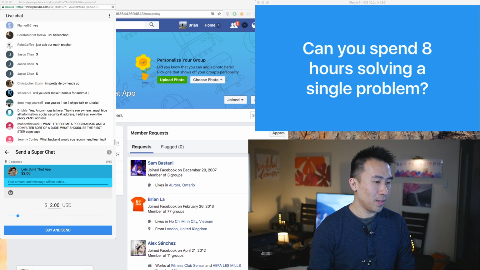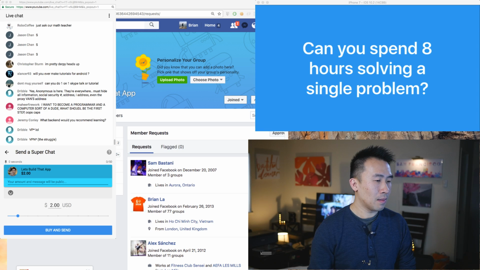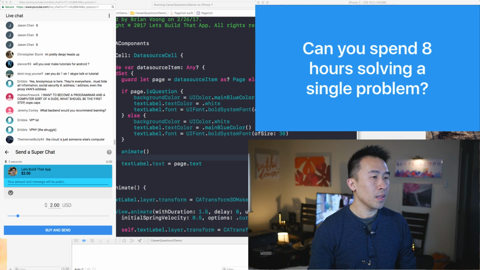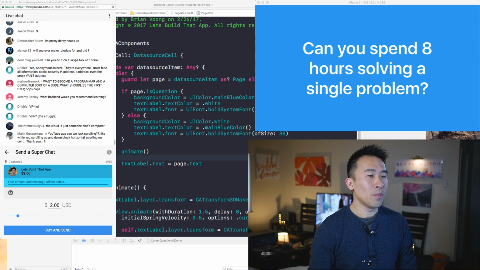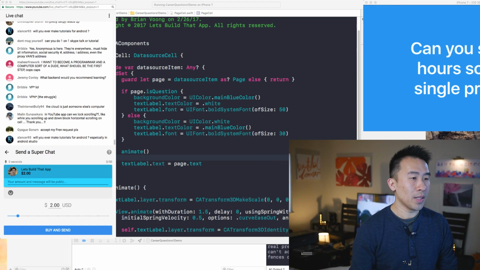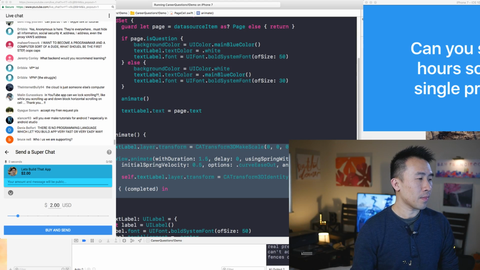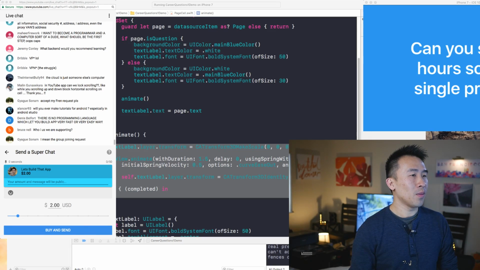So let me pull up Xcode. After we take a look at this code, I want to show you guys another app. I guess I'll modify this, bring up the Xcode page cell here. Okay, so hopefully you guys can see the code. I'll move this out of the way and move myself out of the way as well. All of the code that does the animation is just one line, which is right here. Let's move this chat out of the way as well.